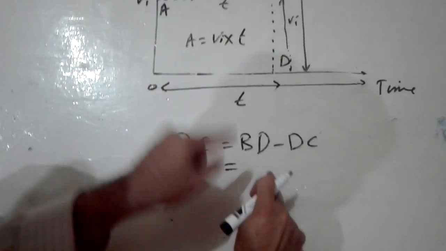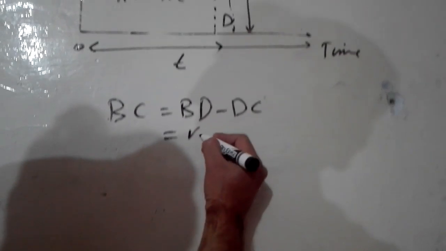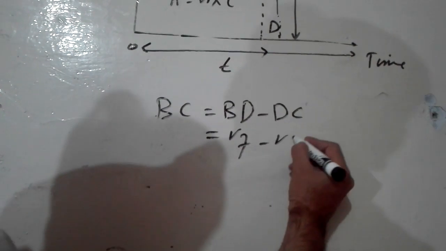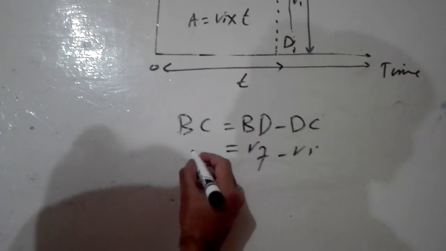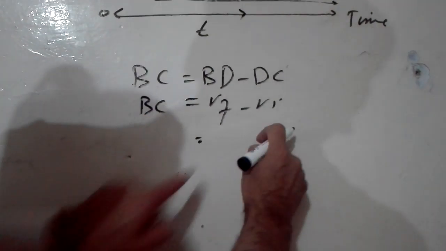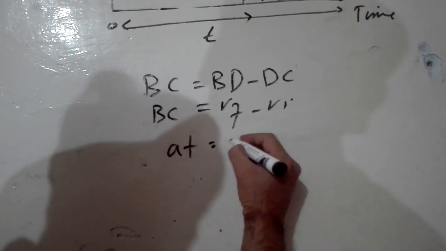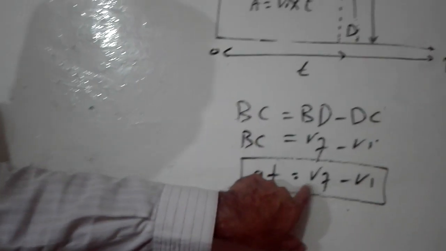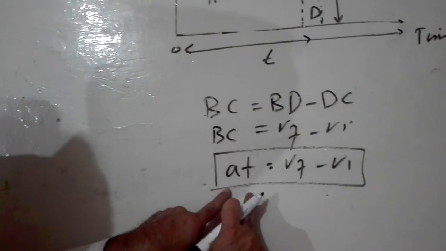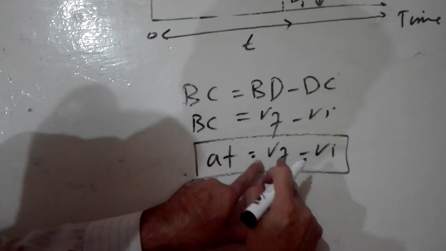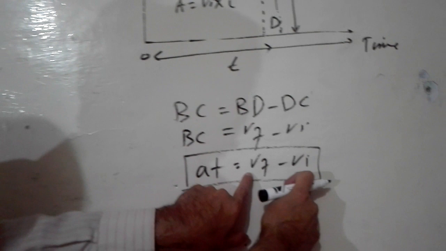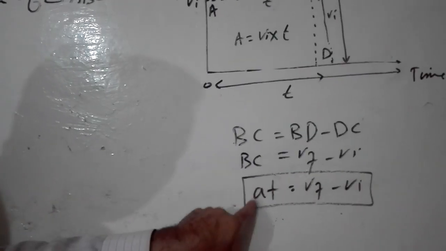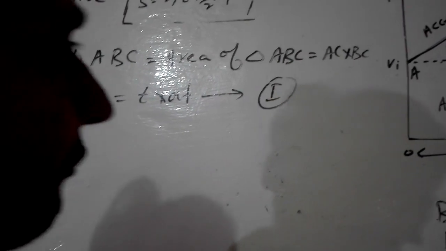What is the value of BD? That is VF. And what is the value of DC? That is VI. And what is BC then? You have to find BC. So what we have proved? VF minus VI, BC is equal to AT. Notice down, VF minus VI. Is it not the first equation? So value of BC is equal to AT, which is equal to VF minus VI. But here I will write only the value AT, not this whole value VF minus VI, because I have to prove this equation. So that's why the value of BC is equal to AT. You can write the name of this equation as equation 1.